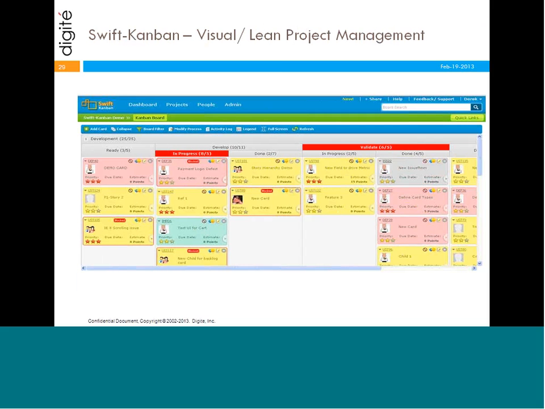In addition, over the last 2 years we have launched Swift Kanban, which is a visual and lean project management tool, and as you can see here from the screenshot, provides for a very visual, card wall based project management method. And if you're already working with Agile, or if you have explored Kanban, then this is something that you should certainly take a look at in order to manage the projects in a very visible and visual